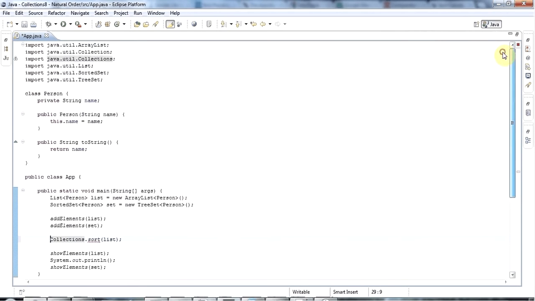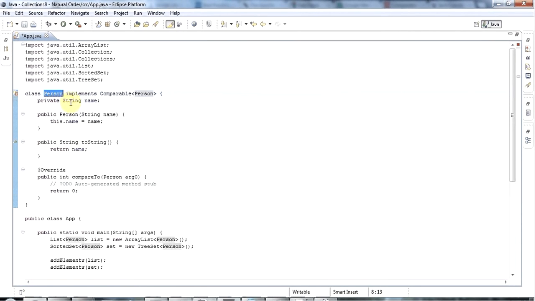and the way to fix it is you need to define a natural order for the person, and you do that by saying implements Comparable, and you type Comparable on the thing that you want to compare your class to, which is going to be in this case other objects of the same class, like this. Now if I go to add unimplemented methods, we get this compareTo method here,